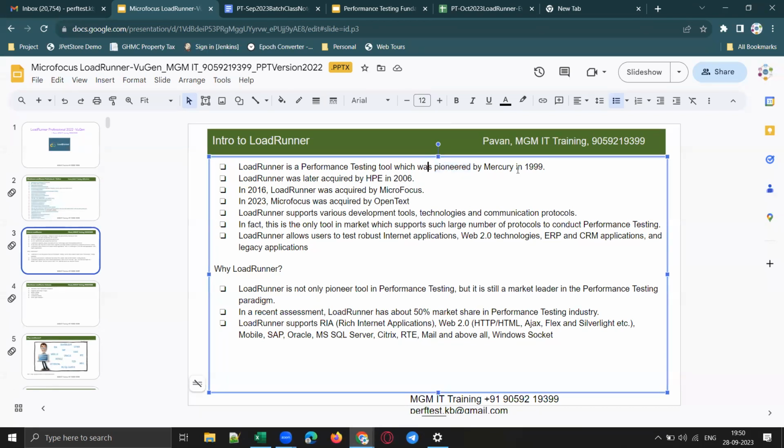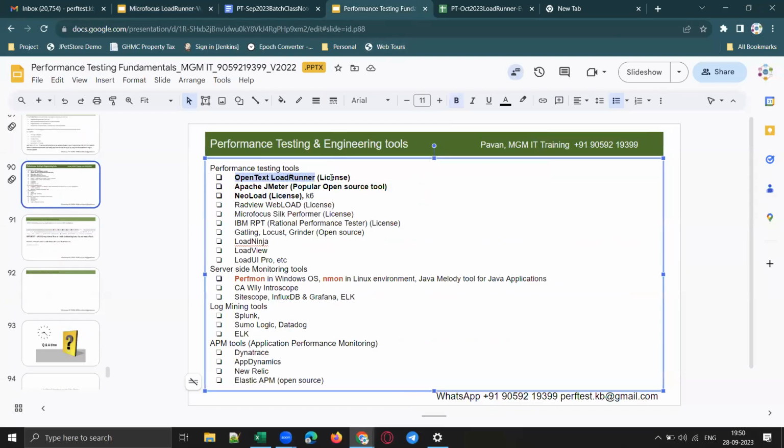It was developed by an organization called Mercury in 1999. Later it was acquired by HP Enterprise in 2006, then in 2016 LoadRunner was acquired by Micro Focus, and then in 2023 Micro Focus was acquired by OpenText. Clear, guys? So LoadRunner is a licensed tool, and then you have